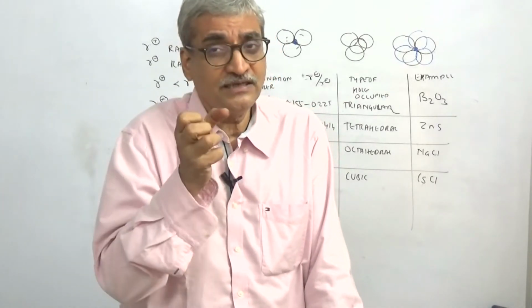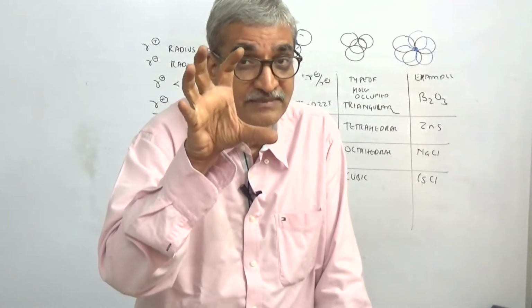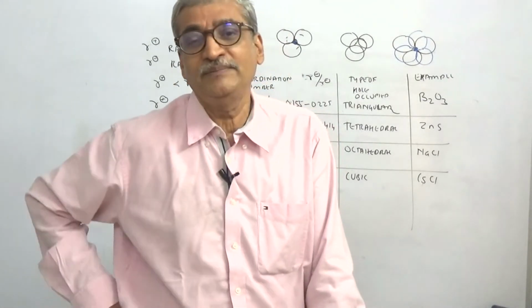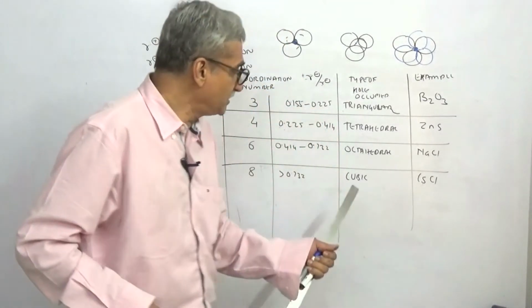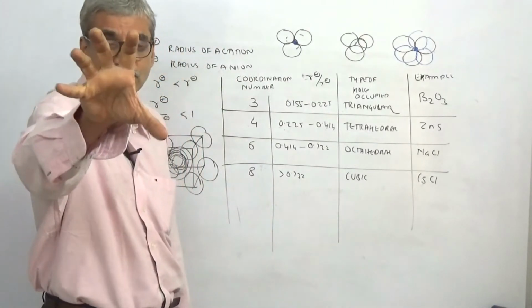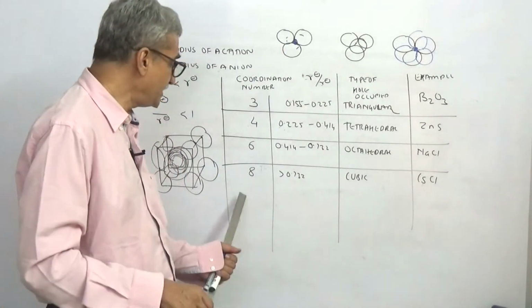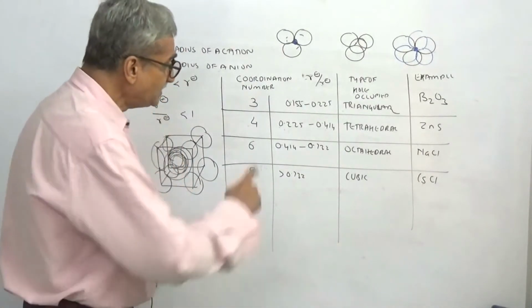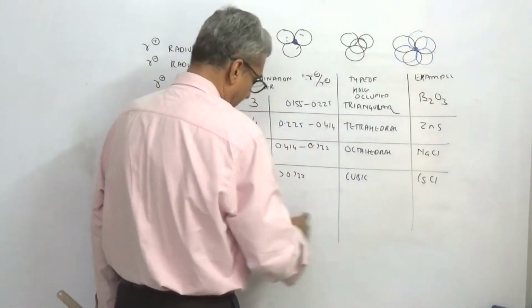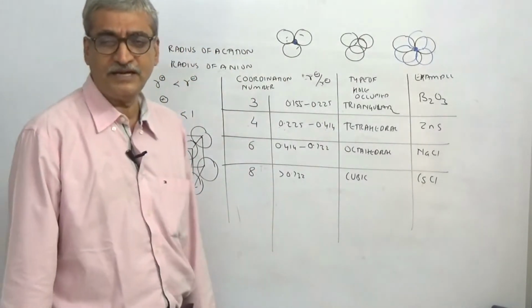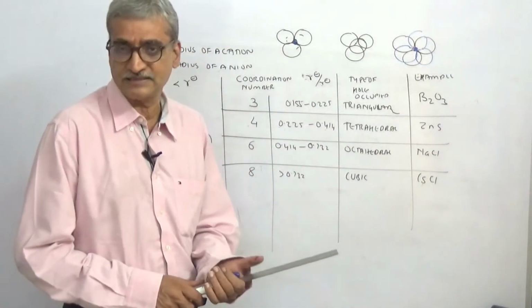You have a body centered cubic lattice and at the center of the body comes cesium, because the hole it is occupying will be a cubic hole. So this will be cubic, because the size is bigger, you need more space. So void space is also more. So coordination number is 8. So this chart you have to learn by heart properly. Very, very important from any normal exam as well as entrance exam.